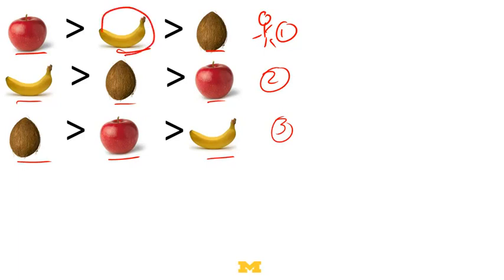Let's suppose the following is true. Person 1 has a banana. Person 2 has a coconut. And person 3 has an apple. And now we're going to have an exchange market. And we're going to ask, do they want to trade? Can they trade to make themselves happier? Well, it's clear they could trade to make themselves happier, but let's see if they can do it.